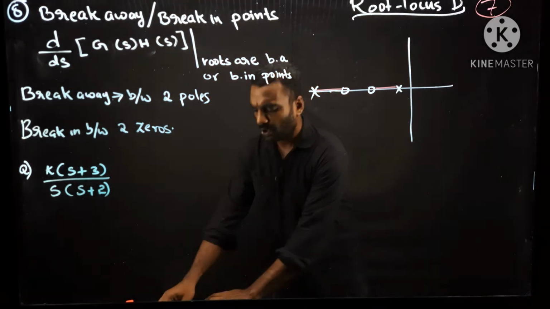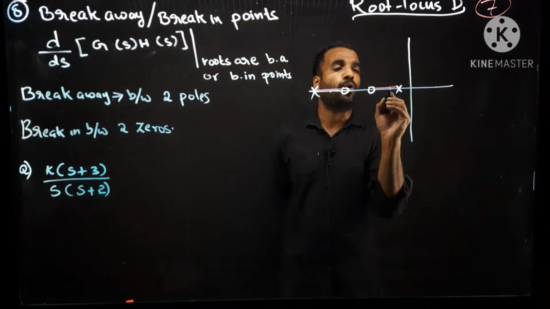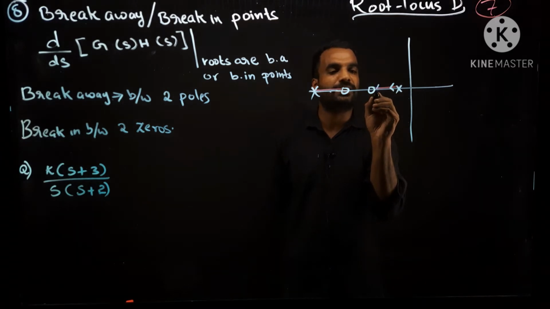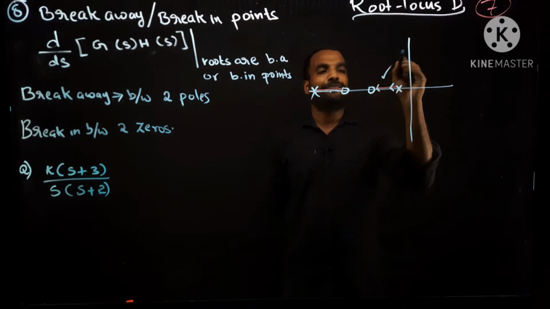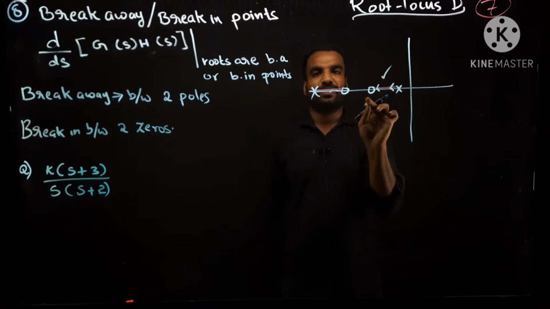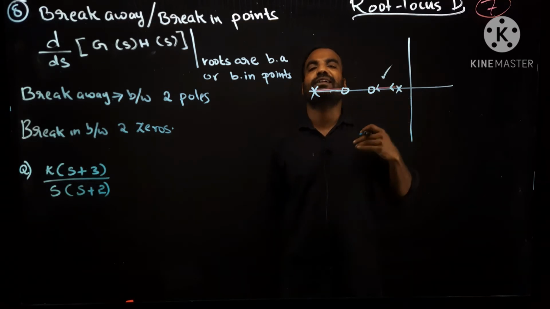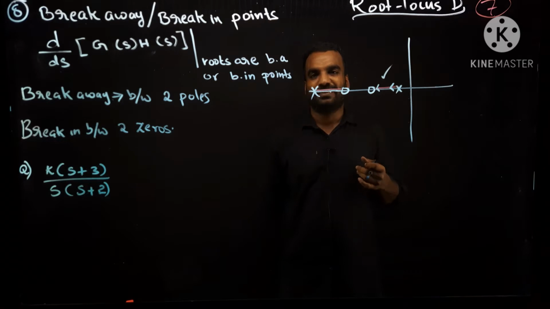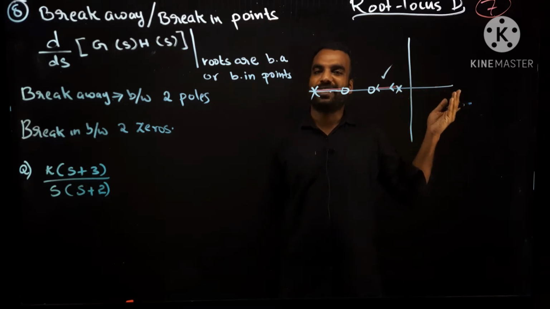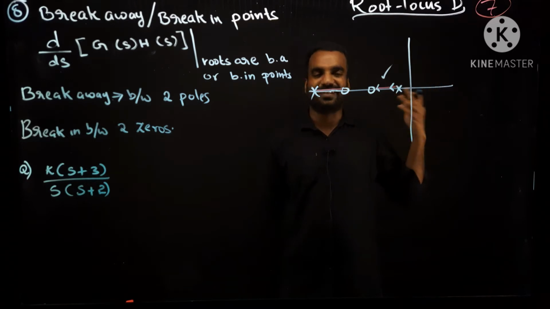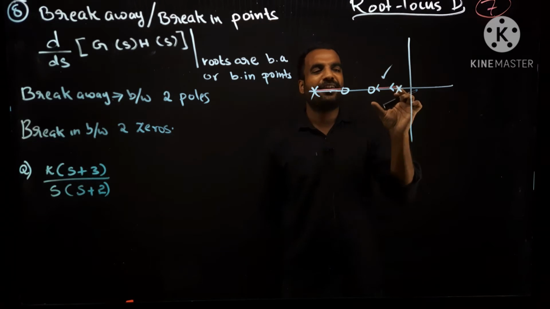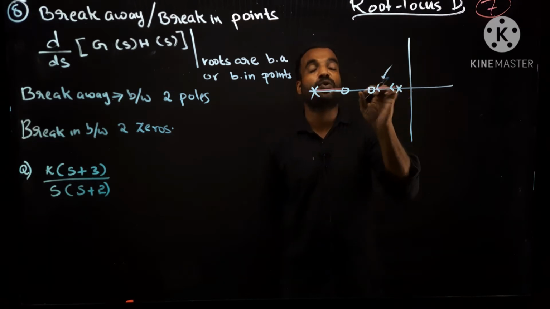Now, we all know that from a pole, a root locus branch will start and at a zero it will end. There is a pole, and a zero. Every pole wants its own zero, like the nature rule, positive will attract negative, male will attract female. There is an attraction. Like that, for getting stability, every pole needs its own zero.